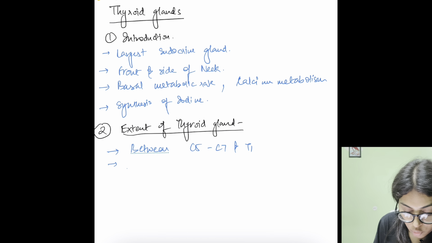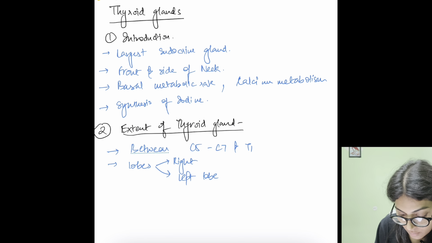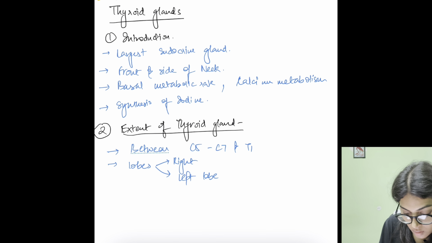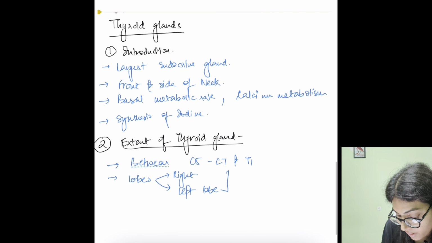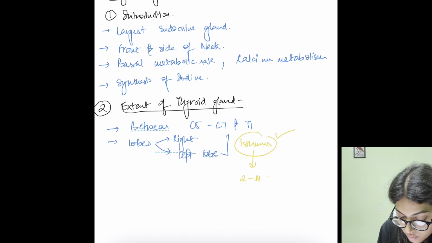It is divided into two lobes, the right and left lobe. These two lobes are connected by the isthmus, and the isthmus is present between the second and the fourth tracheal rings,